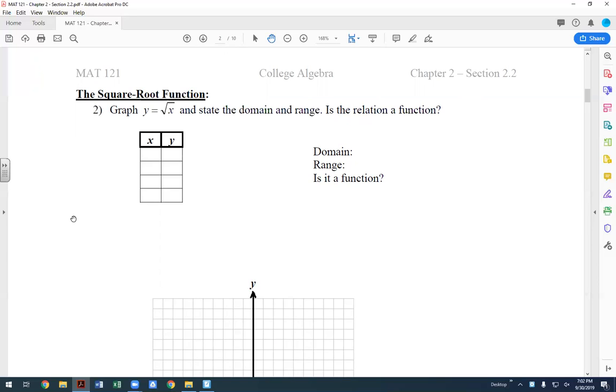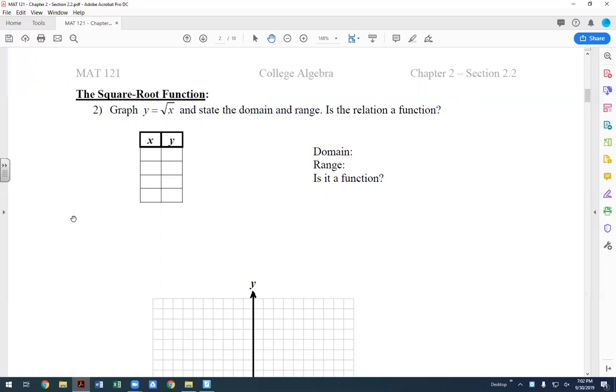You cannot have a negative inside a square root, right? Because what happens when you have negatives? We get into imaginary numbers. And remember what I said, as a disclaimer, right now we're just working with real numbers unless they tell us that we're not. So since these can only be real numbers, I cannot have a negative on the inside. So I can actually start with 0 and go forward. I just cannot use anything